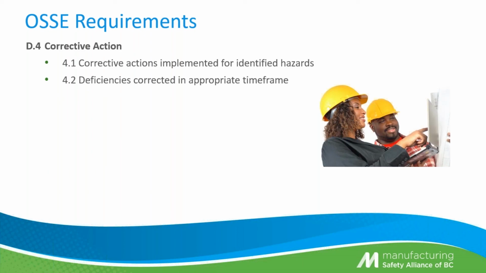Then we need to look at our corrections. This is where we would use our hierarchy of control. What controls can we do? What can we do to mitigate or prevent it from happening? Again, remember, we can do more, we can do nothing, or we can do less. So we need to correct